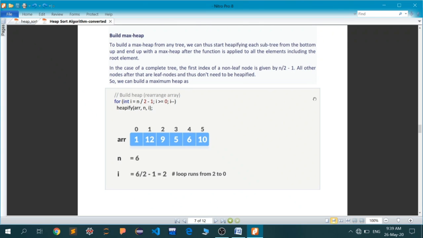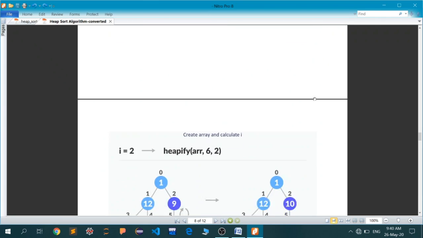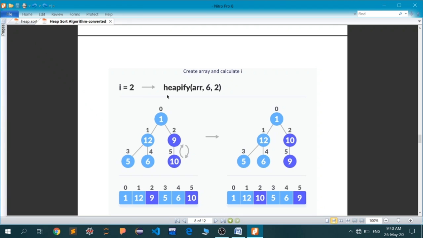As we discussed in the last lecture, there is no need to apply the heapify function to the leaf nodes. So in a complete binary tree, all we have to do is apply heapify to all the nodes which are not leaf nodes, starting from the bottom of the index. To convert it into a max heap, we first locate the last root node after which all the nodes are leaf nodes.